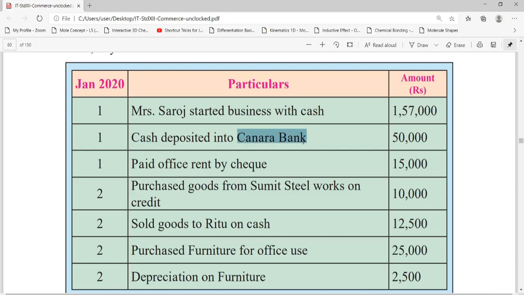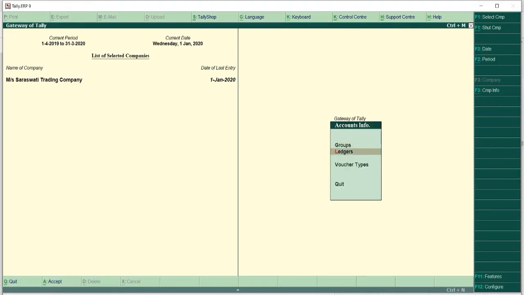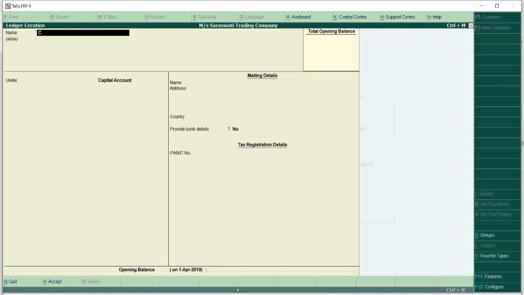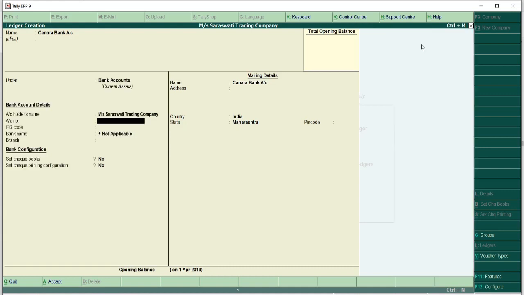Let's create this account. From the gateway of Tally, accounts info, ledgers, and create the Canara Bank account. For selecting the correct group, you can see the bank account group is there, so I am selecting the bank account group. You can give the account number.